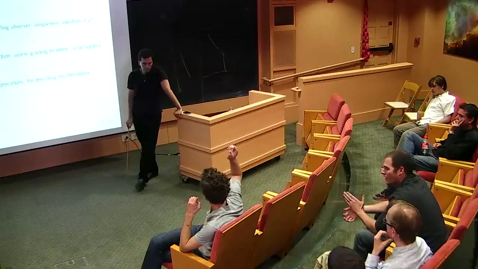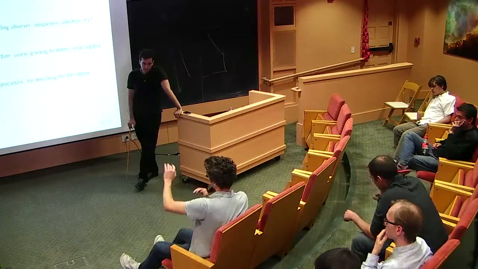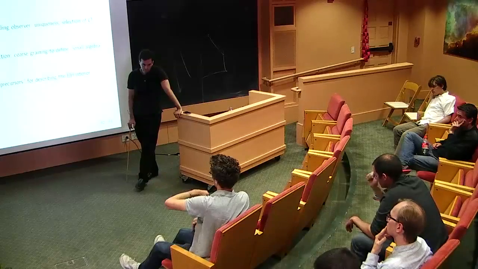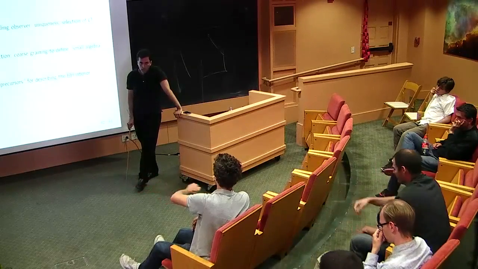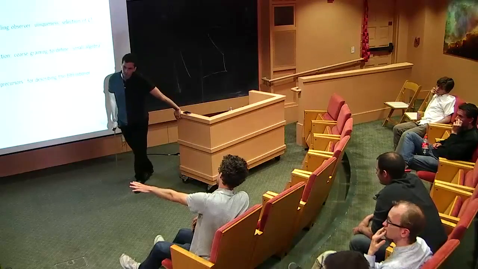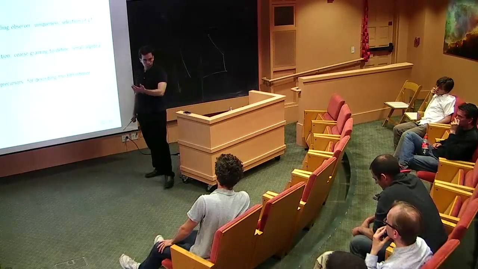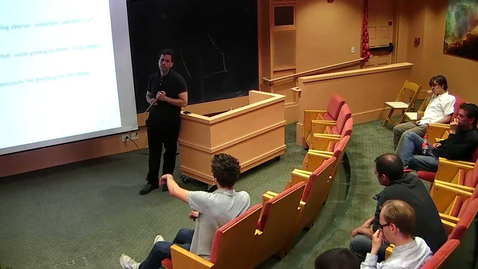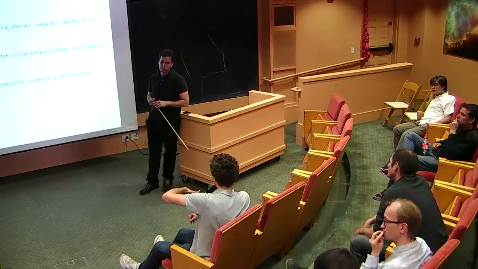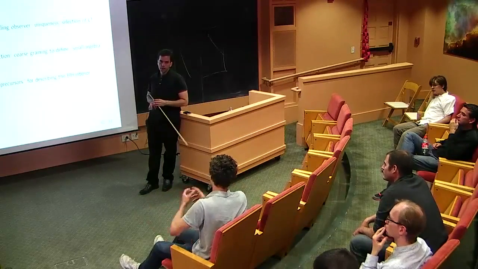Well, maybe let me ask a related question. This is a construction of a smooth interior. It seems like I could have done the same thing to make a construction of a firewall, where I define the tildes with a state. You could define, for example, a state with a shock wave coming in from the inside, or even worse. In your definition of the tilde operator, I could have put in a phase so that it's some infinite energy state, and then I would have declared that I had constructed a firewall.